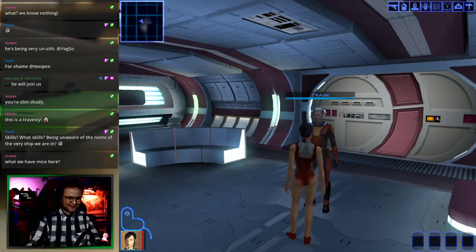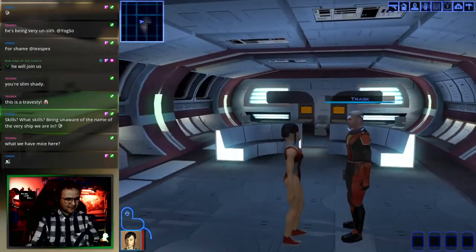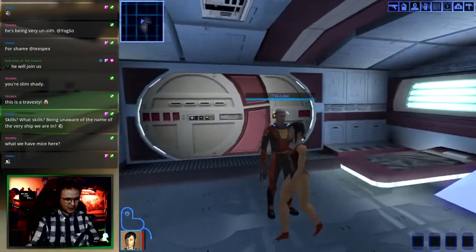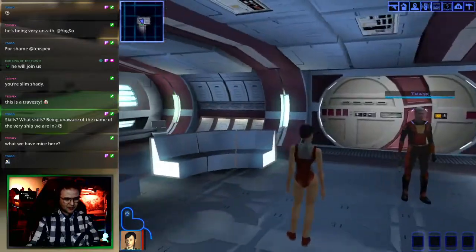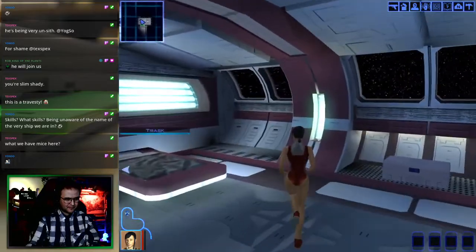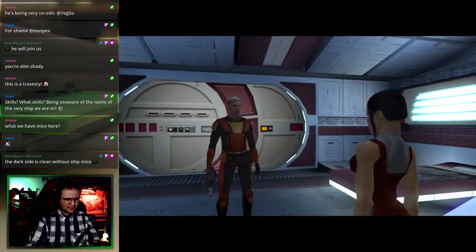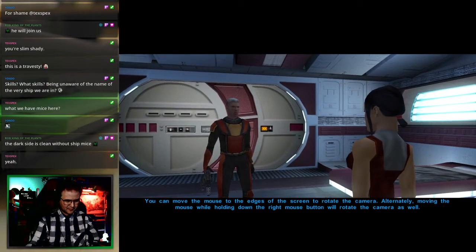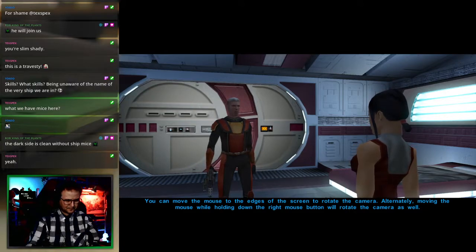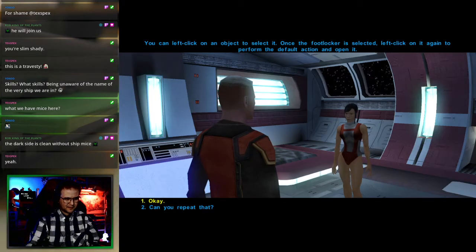Okay. I'm starting to regret mouse lock, I think. Mostly because there's no way to... You can move the mouse to the edges of the screen to rotate the camera. Alternately, moving the mouse while holding down the right mouse button will rotate the camera as well. Okay, let's see if we can... Move towards, you can left...